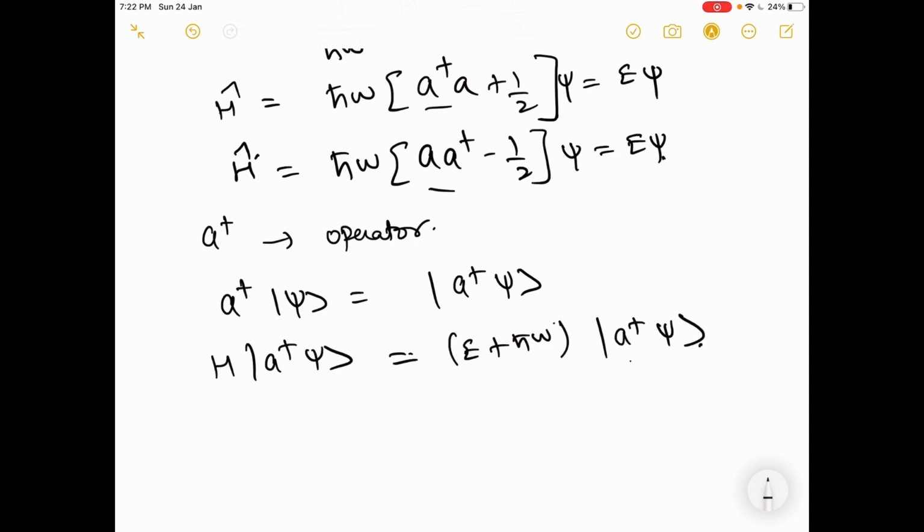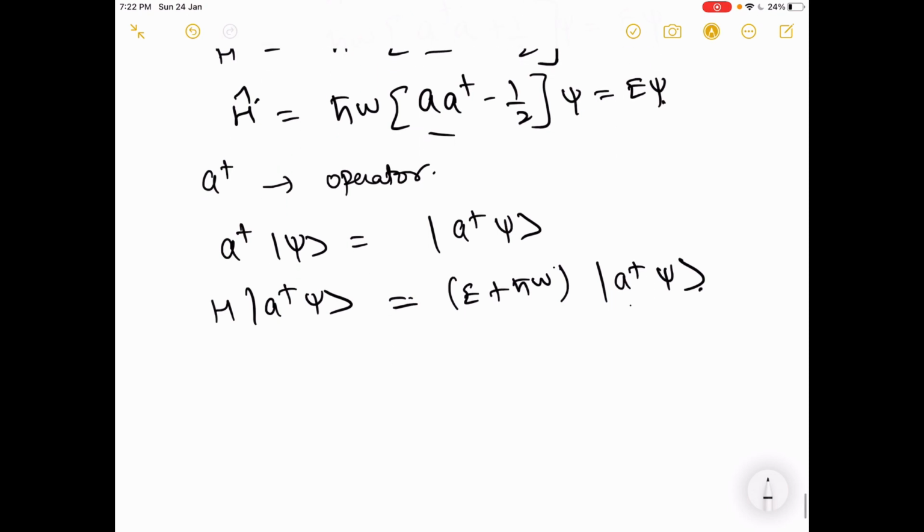A dagger psi is again a wave function. So let's take a while just to show that this is true. The Hamiltonian can be written as h cross omega times a dagger a plus half. If this acts on a dagger psi,